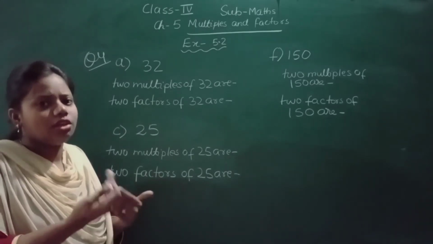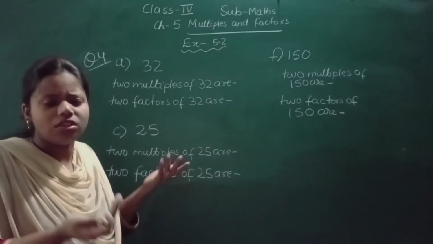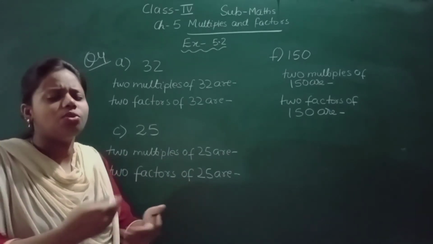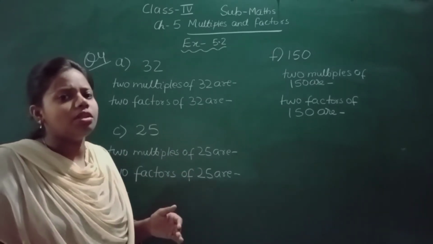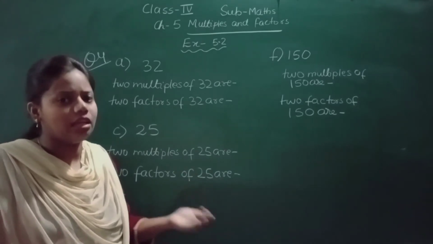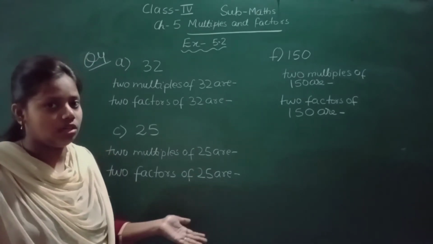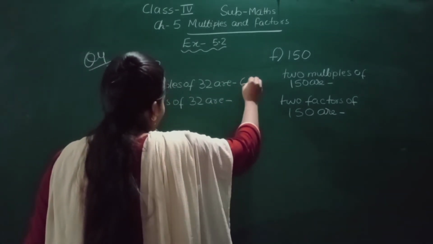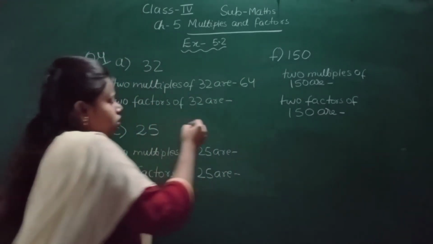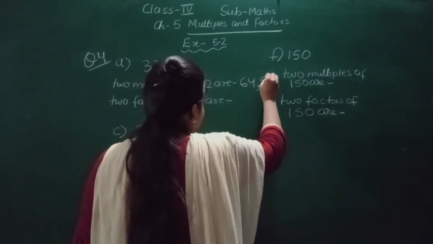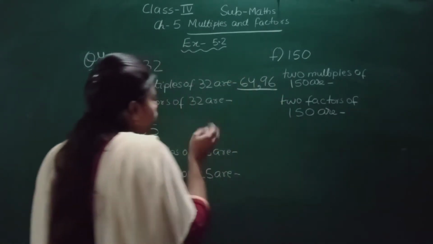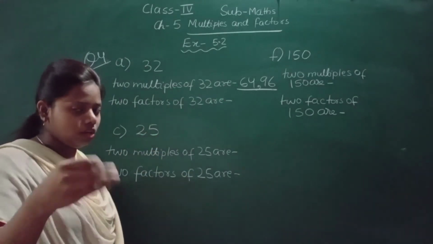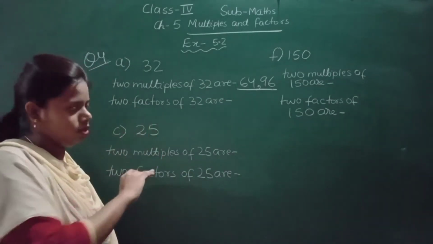Okay, so we write 32 2 ja and 32 3 ja. We have just 2, so you can write any. 32 4 ja, 32 5 ja, whatever you want you can write. Okay, because multiples are not ending, it is endless. You can write any 2 multiples. So here I will write 32 2 ja, what is it, 64. You can multiply and write 32 3 ja, what, 96. Okay, so I have written here 2 multiples of 32 are 64 and 96. I have said you can write any 2 multiples of 32.